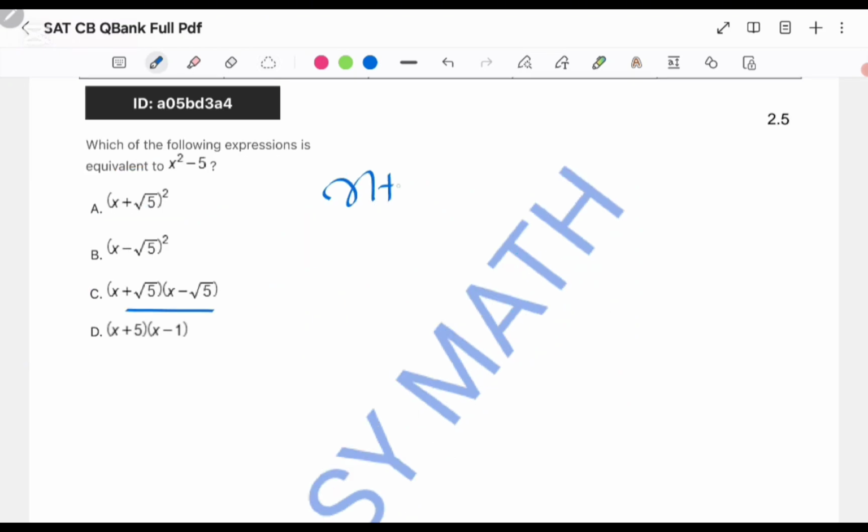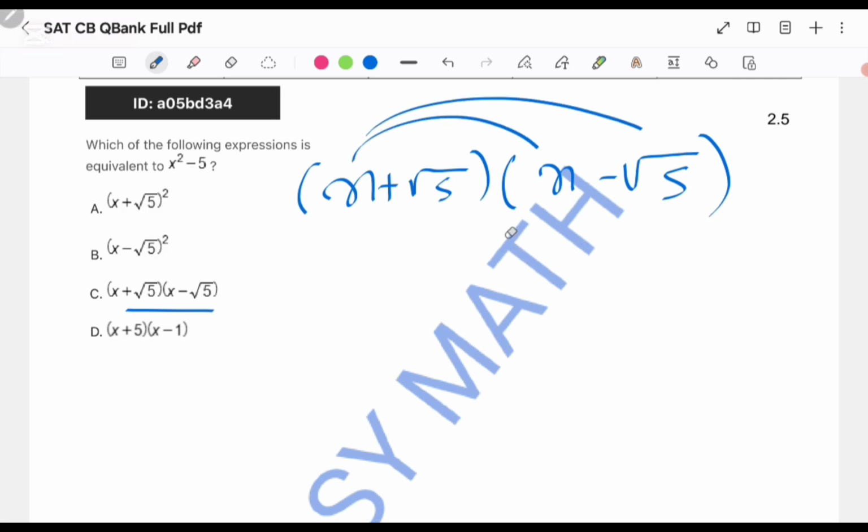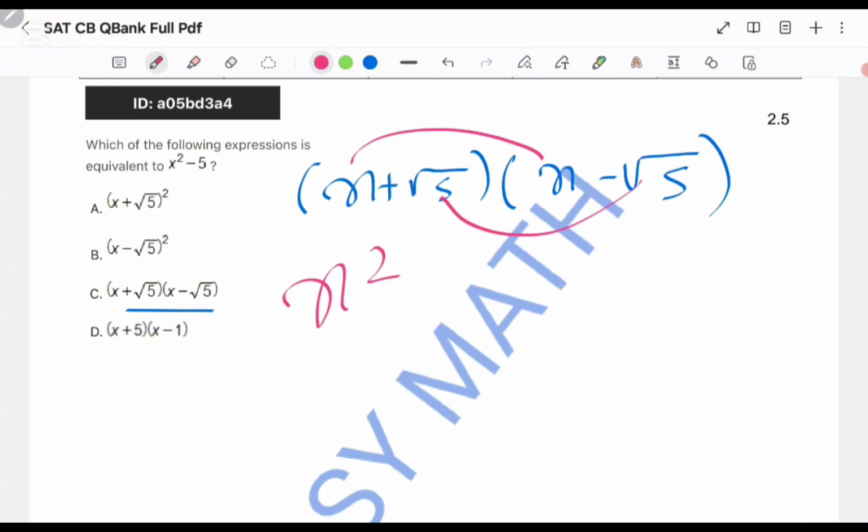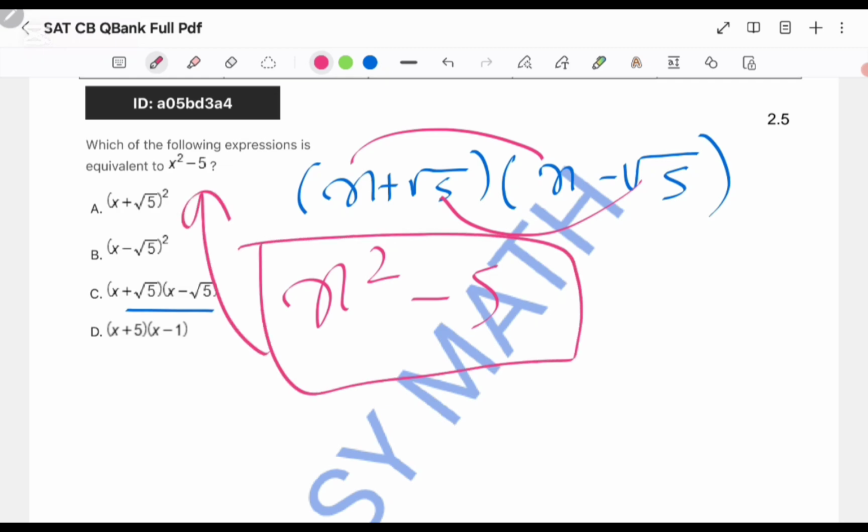So if you have x plus root 5, and then you have x minus root 5, these we call conjugates. It means that here you don't really have to do this. You can only do the first multiply first and second multiply second. If you do first multiply first, you have an x squared. If you do second multiply second, you have a negative 5. This does match